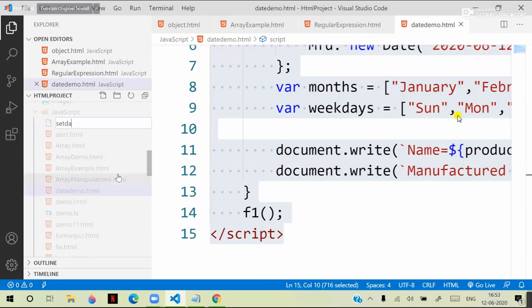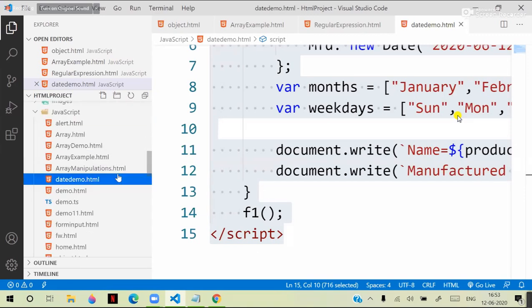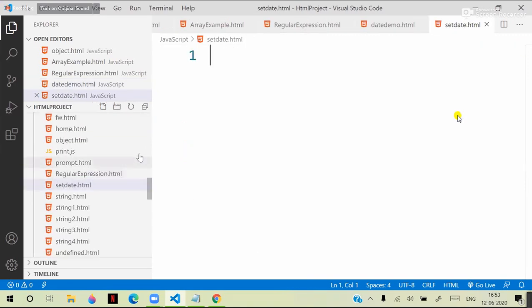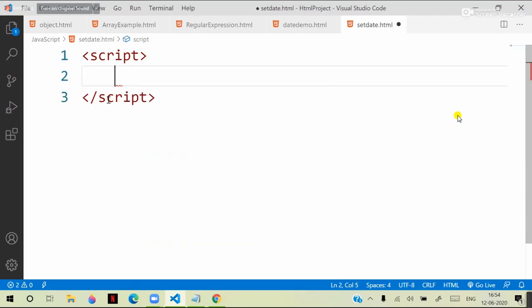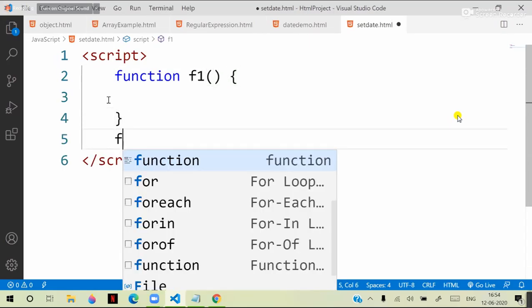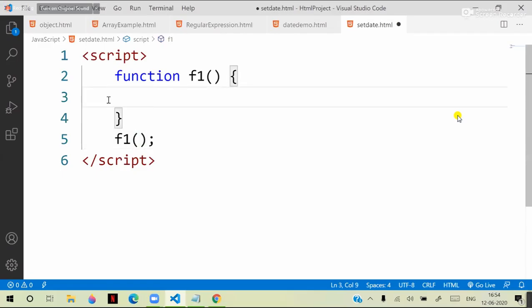So set date. Okay. And .html. Later, how to create date pickers, we will discuss in jQuery. Initially, it's simple. We are learning the syntax, how to deal with that. And here we are adding the option where,